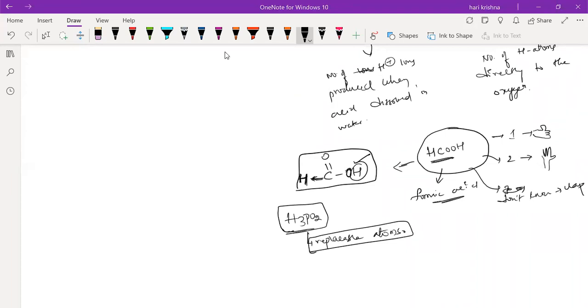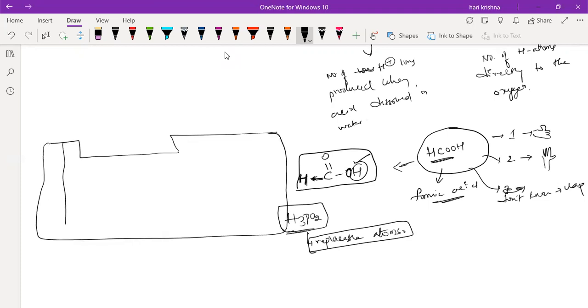Sorry, can I repeat again? Can you say an easy way to draw the structure, sir? Because we don't have an idea, right? Okay. You know the periodic table, right? First, in the periodic table,